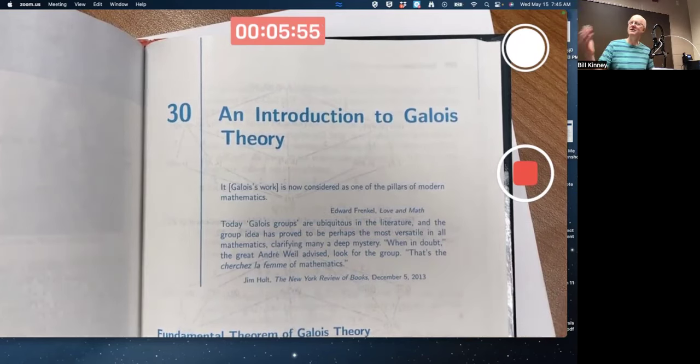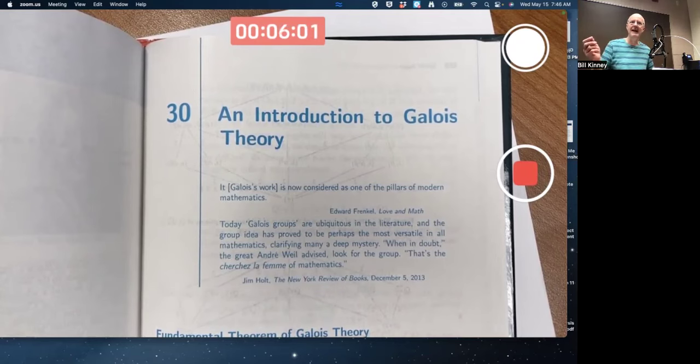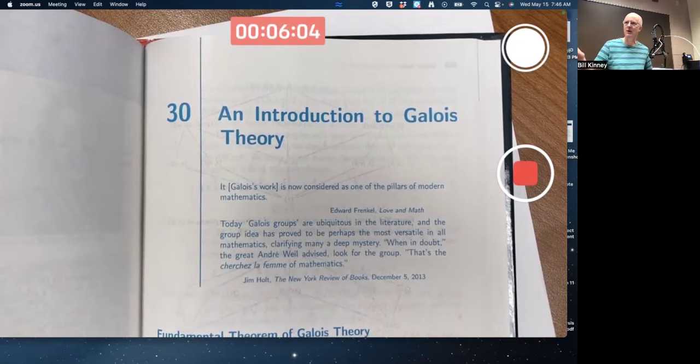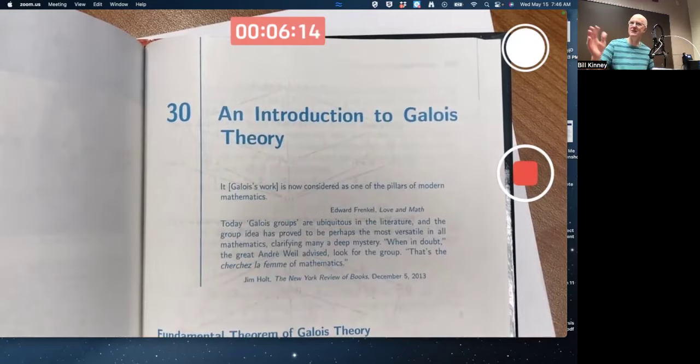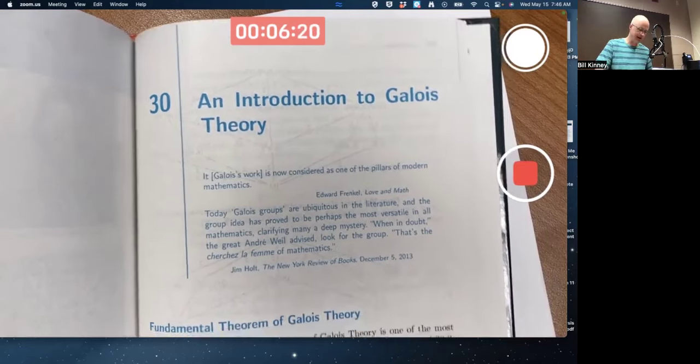I think the story goes the night before he died in the duel, he did write a lot of math, hoping that his work would carry on. And maybe that's why he died in the duel, is because he was too tired. I don't know. But anyway, sad story. The duel was over, I think, maybe a mixture of politics and vying for the affections of some woman, and